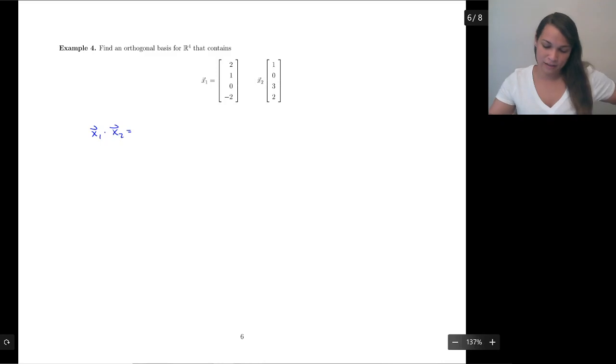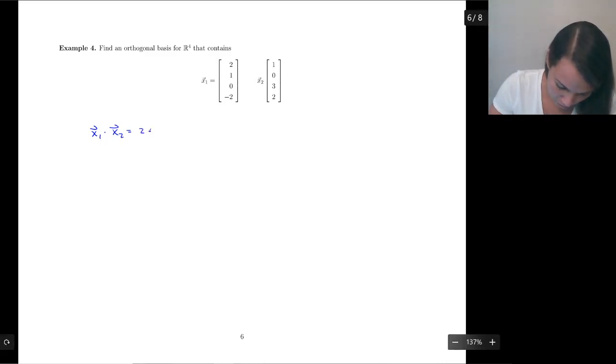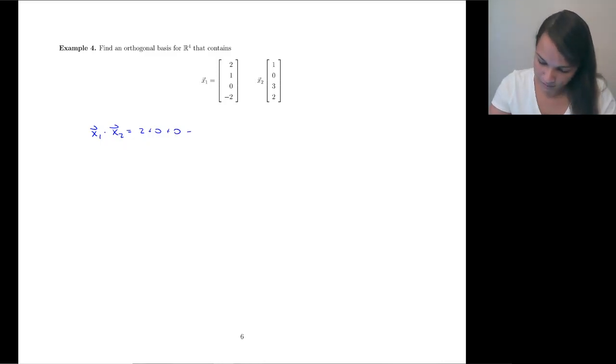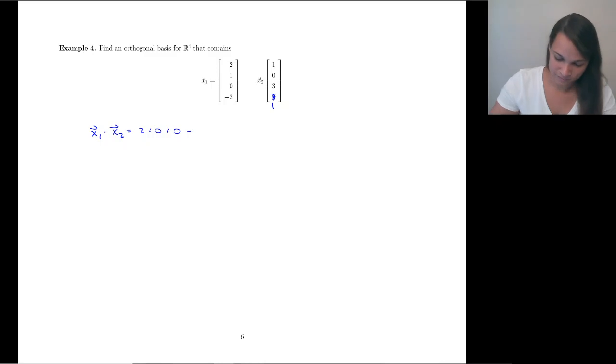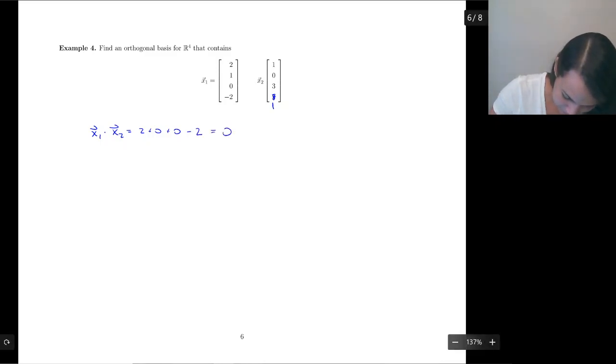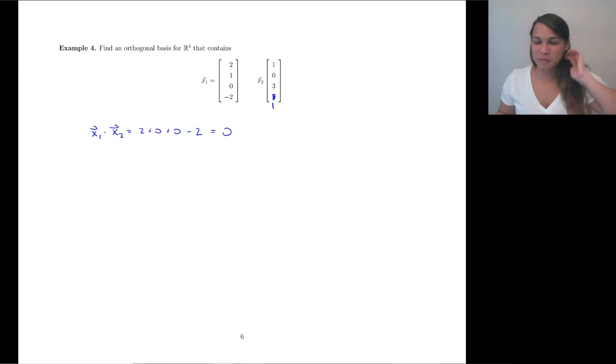We're going to take the dot product, and that ends up being 2 plus 0 plus 0. I didn't change it. That was supposed to be a 1, because if it wasn't a 1, it wouldn't be orthogonal, and we would be in trouble. But if it is a 1, we're fine. Everything's good. So then that would be 2 of our vectors, x1, x2, and then we need 2 more vectors,